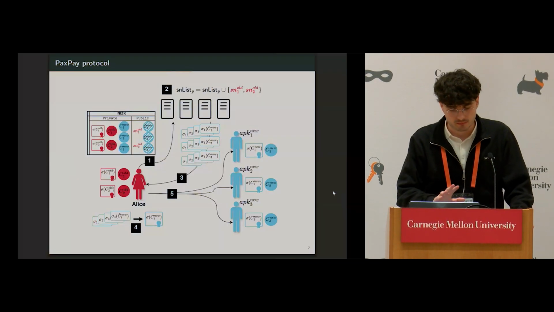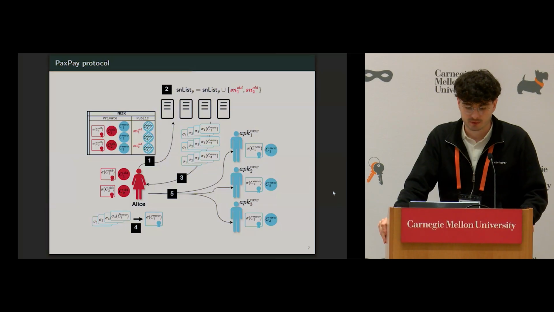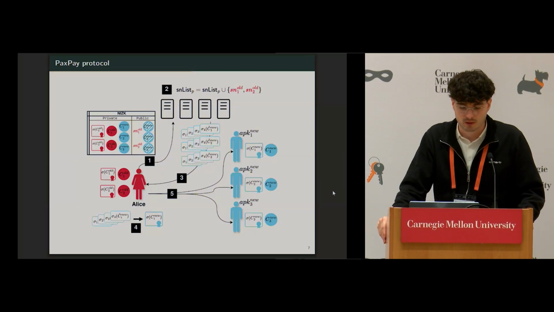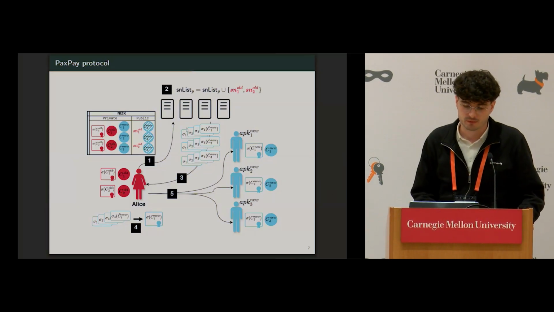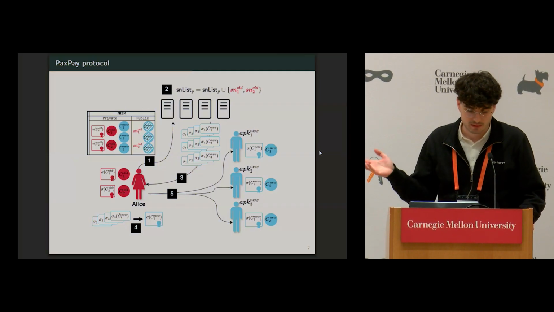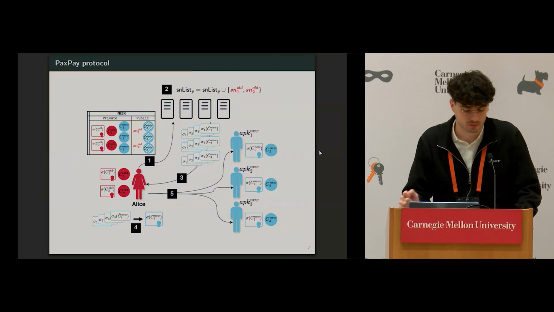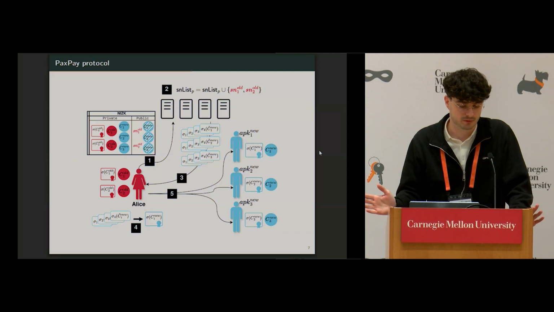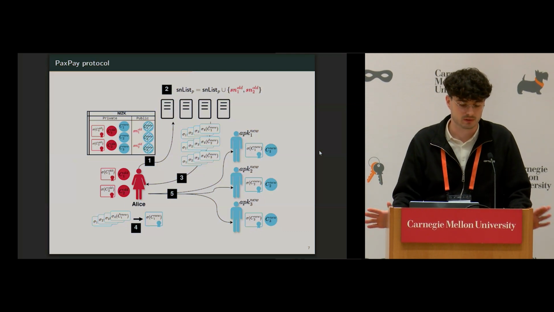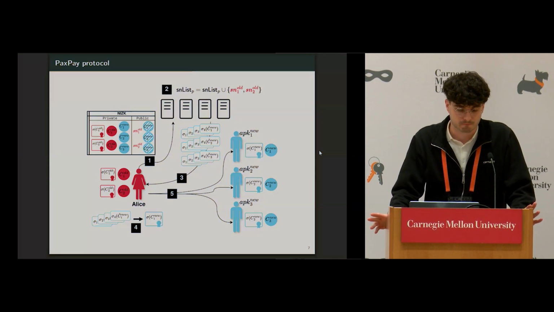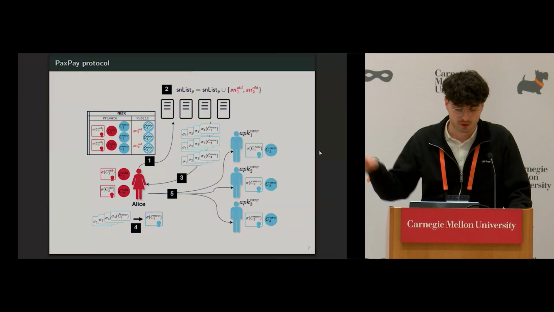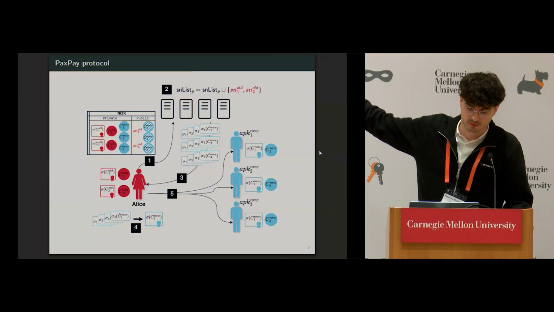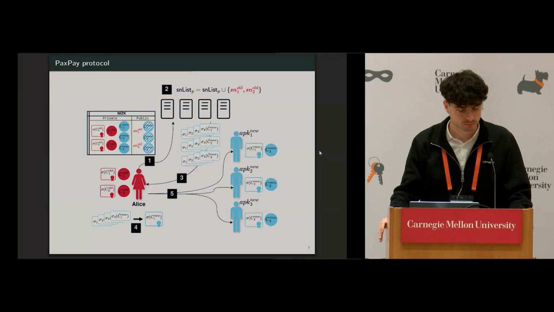So this slide just explains how a transfer is done. In this example, you can see that we have 4 validators at the top. You have Alice that has 2 coins, C1 and C2, with the associated certificates, which are just aggregated signatures. She wants to transfer money to 3 new users, which are just APK1, 2, and 3.